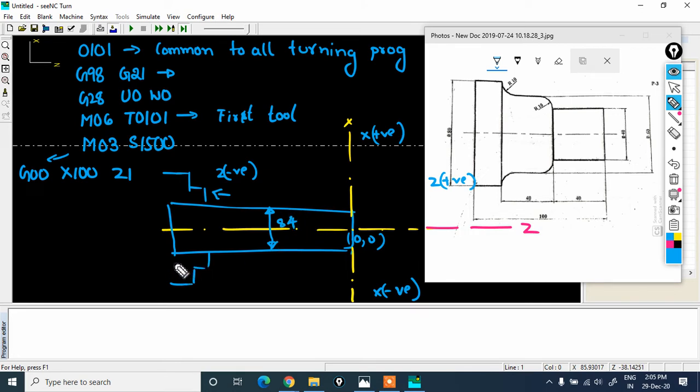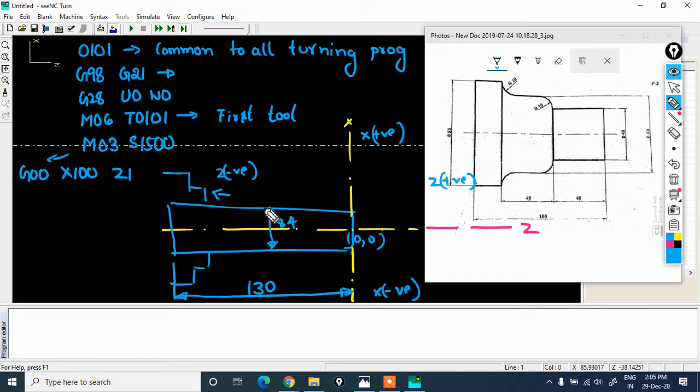And in a similar way the length, here it is 100, so let me define it as 130, so that 20 mm or 30 mm will be inside the chuck. Okay, and yeah, so 30 mm. Is it clear? So this will be my initial specification that I should give.